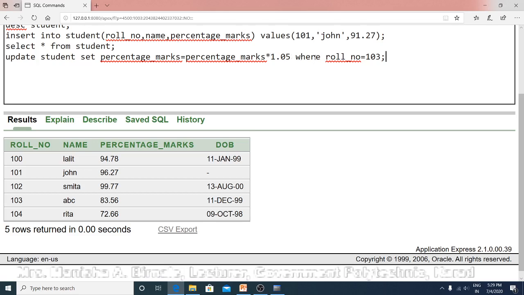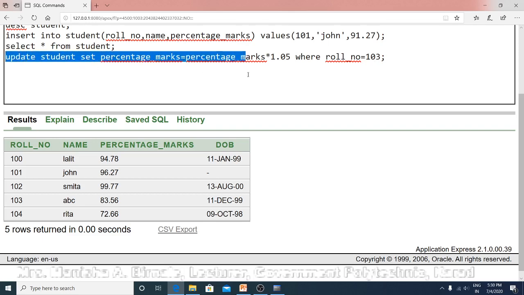Whose marks? We don't want to increase marks of all students by 5%. We want to increase mark of only one student. So where condition is written, where roll number equal to 103. So 103 is having now 83% marks.